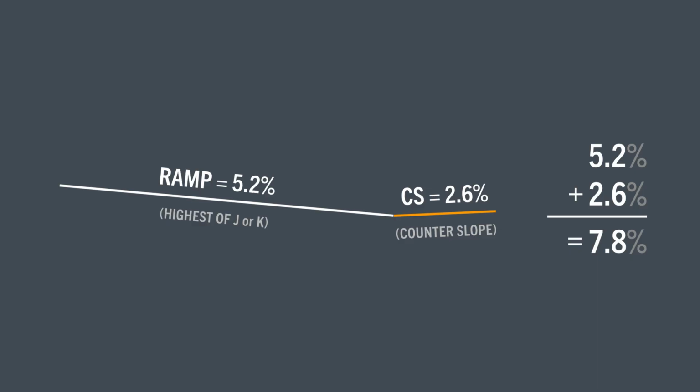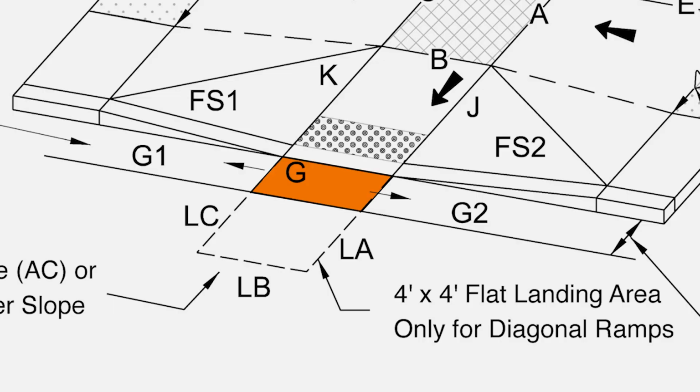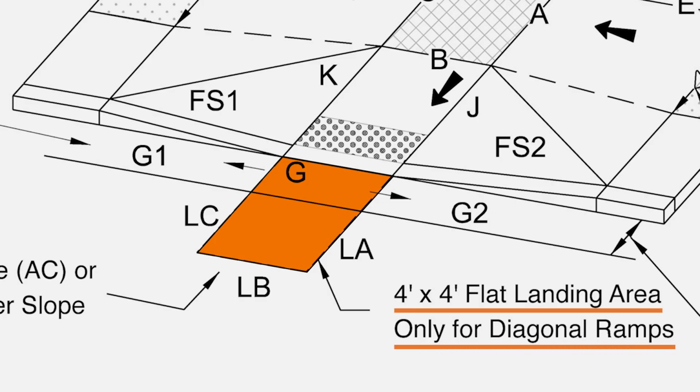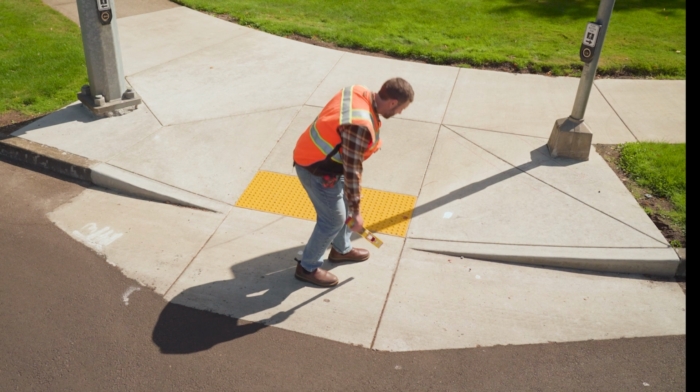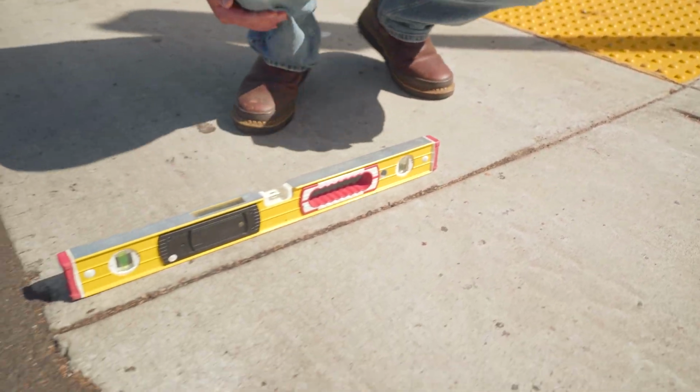By contrast, if we increase the counterslope so the total is more than 11%, you can see how much more difficult this would be to traverse. That's why this counterslope would fail. This area at the bottom of the ramp is actually where there's any significant difference between perpendicular and diagonal ramps, at least in terms of inspection. Here, for safety, this panel is enlarged into a landing. So, because it's a landing, yep, it needs to be a minimum 48 inches by 48 inches, and with a slope no greater than 2%. As always, measurements every 24 inches.